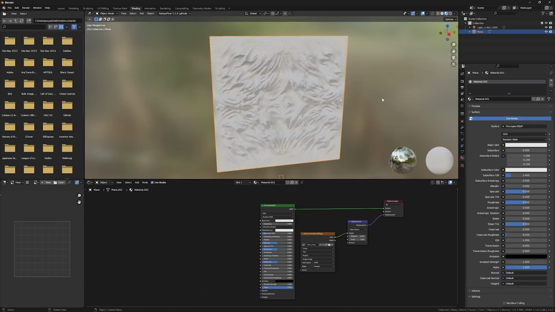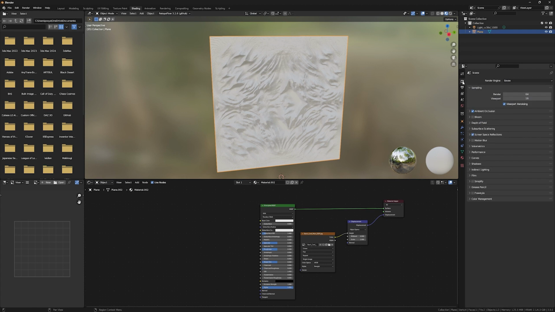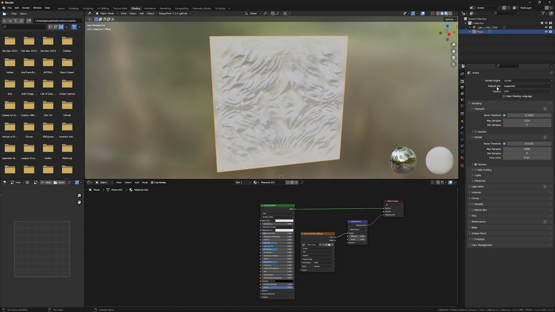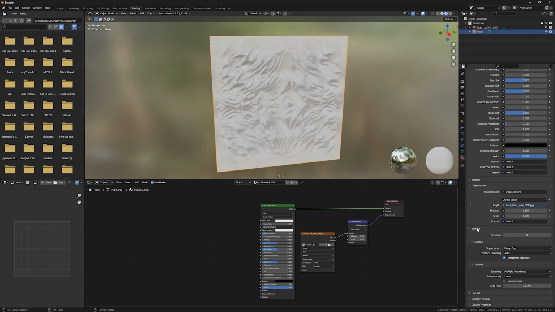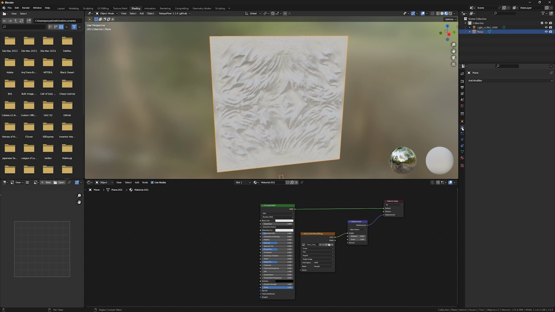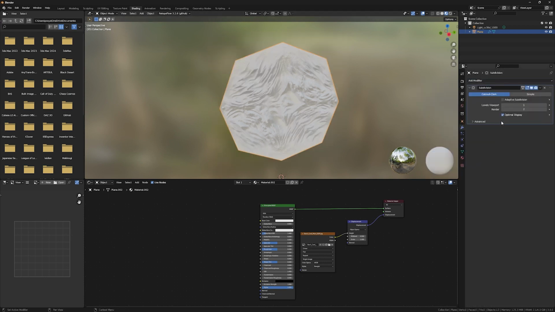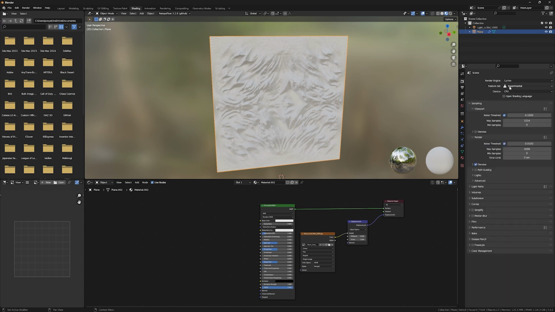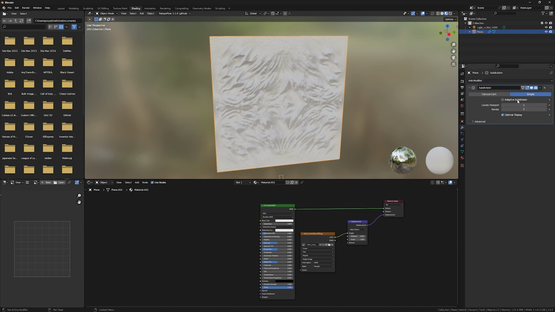To actually see your displacement on your model, go to the render, change the render engine from Eevee to Cycles, and change the feature set from supported to experimental. In the material, go down to the settings and change the displacement from bump only to displacement only or displacement and bump. Now go back to the modifiers, add a subdivision surface modifier. If you want to keep the edges of your plane or cube, just select Simple instead of Catmull-Clark. If in the render you activated the experimental, here you have adaptive subdivision. Check it. The less the number on the dicing scale, the more detail you have on your model.